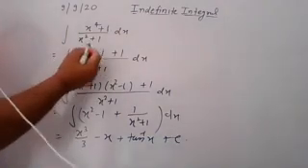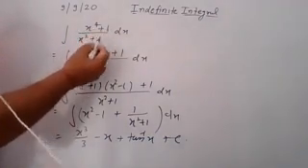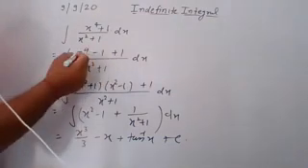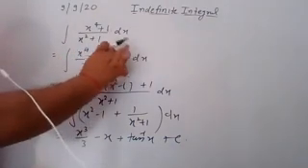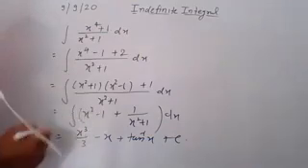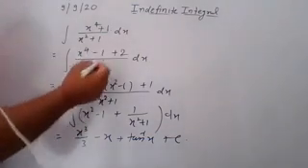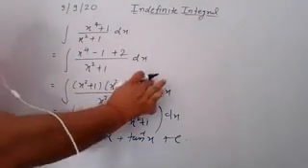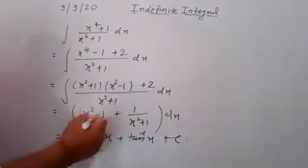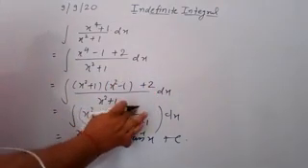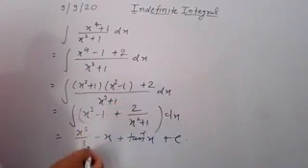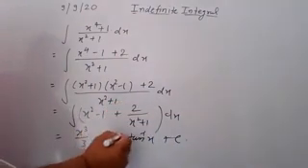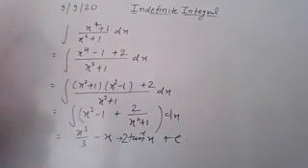You have the same method. Here again you subtract and add 1 in the numerator. So you have x to the power 4 minus 1 and plus 1, and this plus 1 makes it equal to 2. So here you have 2. Now factorize it, and here you have 2 upon this value. So if you integrate, you have 2 tan inverse x plus c as your answer. The same type of question is there, and that was asked in 2002.